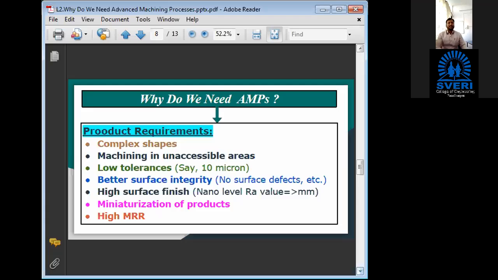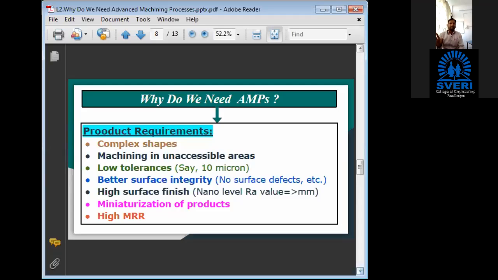Another product requirement is that you need better surface integrity. It is very important to understand what surface integrity means. Surface integrity means the surface after machining